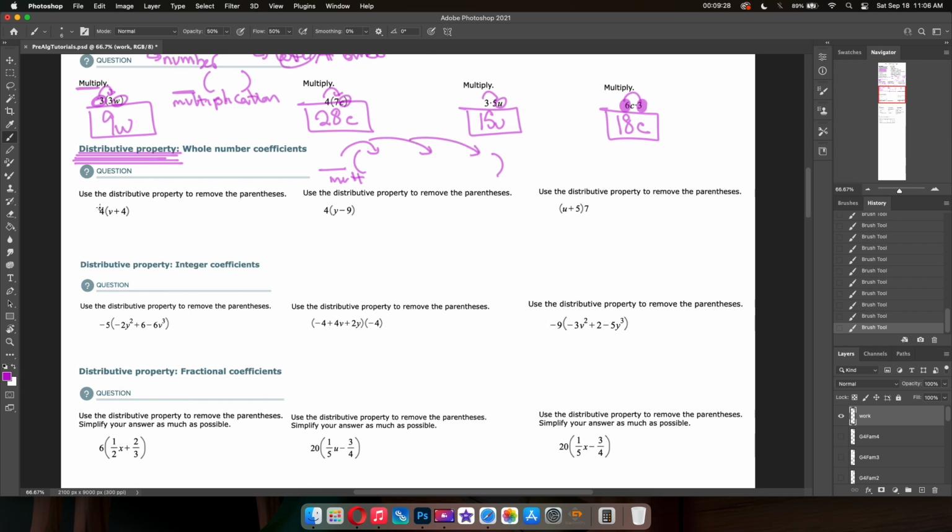So over here, we have 4 times V. That's 4V. 4 times 6, that's 16. That's what they're getting you used to doing. If it is separated by a plus or a minus, then whatever's inside of it is going to get multiplied. Over here, 4 times Y, 4Y. 4 times 9, 36. And you've done in goal 2 enough multiplication to know that the 9 is negative,